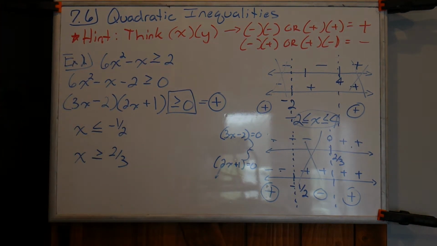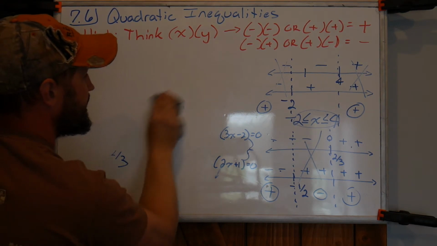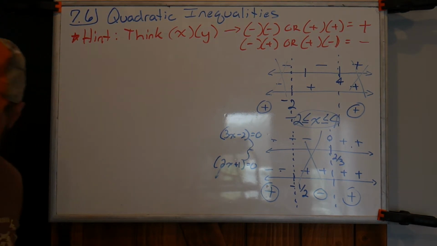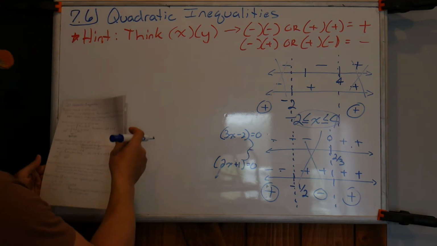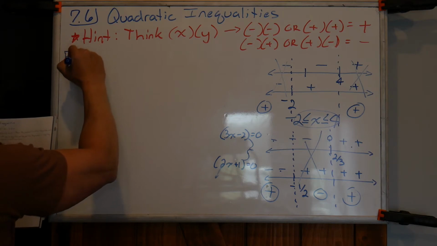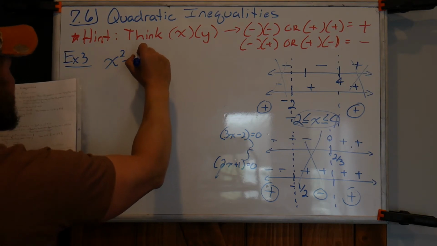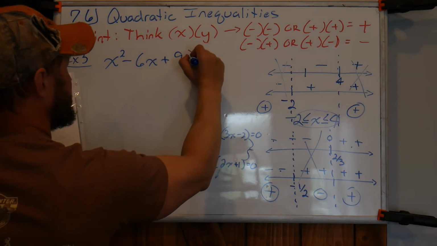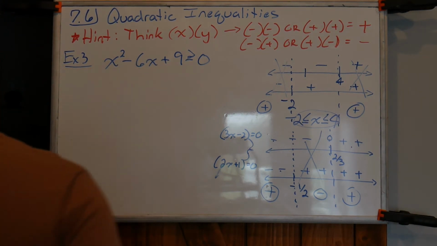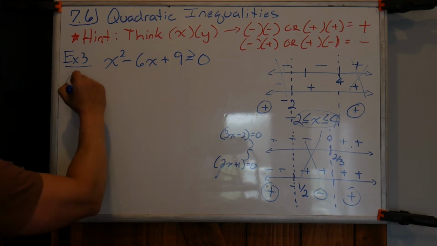Now, the other one that I said was kind of a trick. We'll go to example 3 real quickly. And I'll talk you through that one, and then chapter 7 will be done. All right, example 3 says solve x squared minus 6x, whoops, greater than 0. So what happens here, okay, if we factor this,